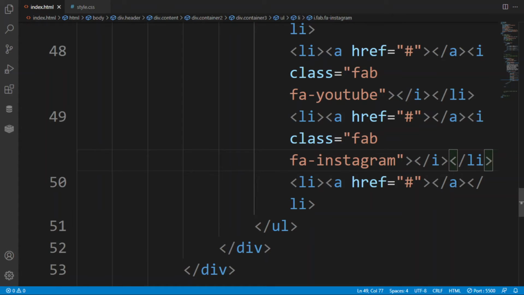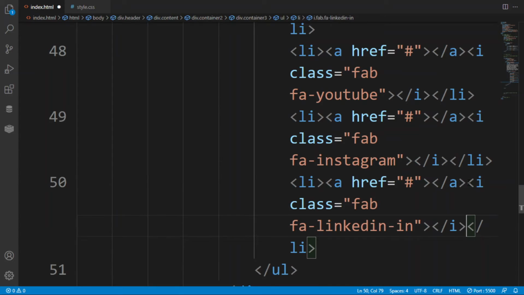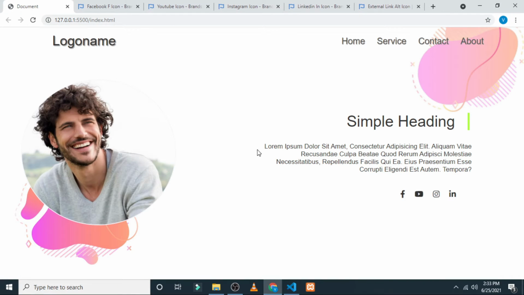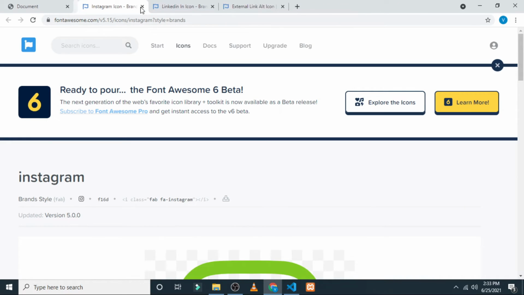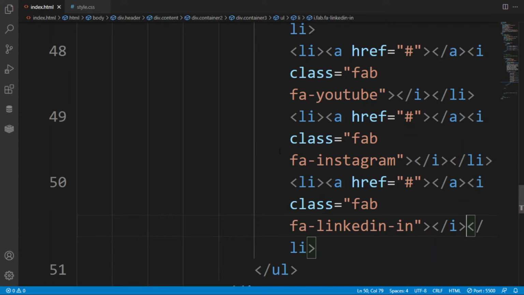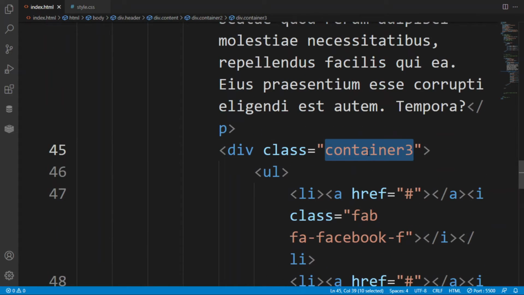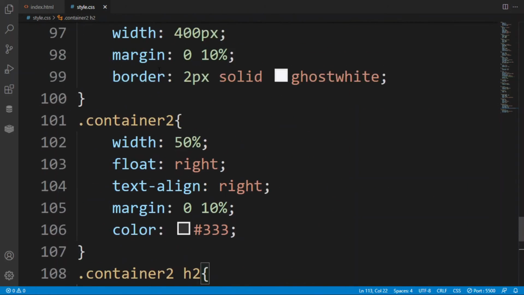Then we are going to LinkedIn. So these are the links that we are going to provide, and this has a default hover effect of the navigation bar. So we are going to style it, but first just select this container, because we are going to style this one also.